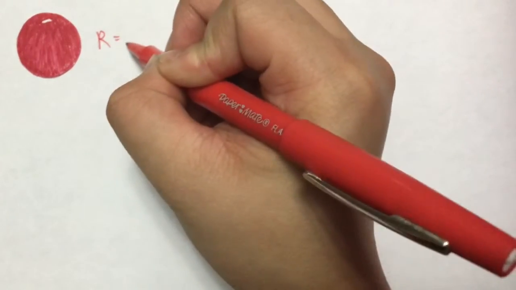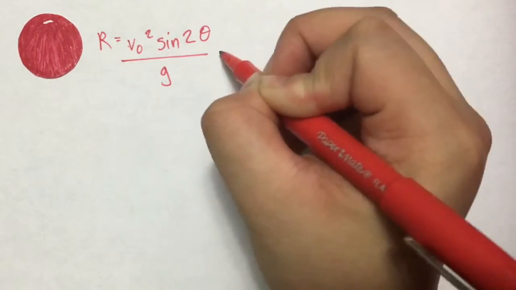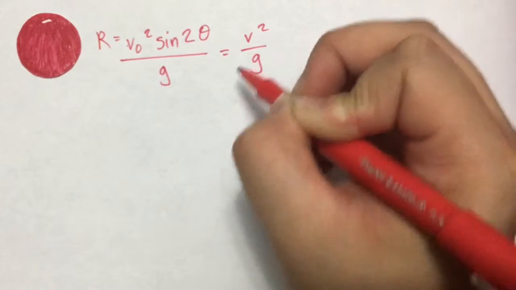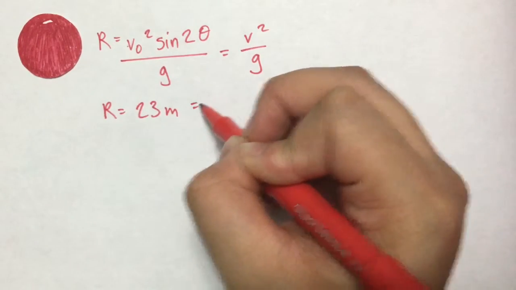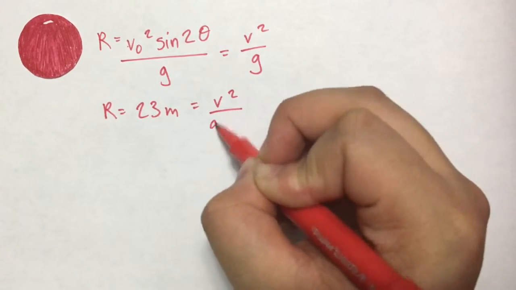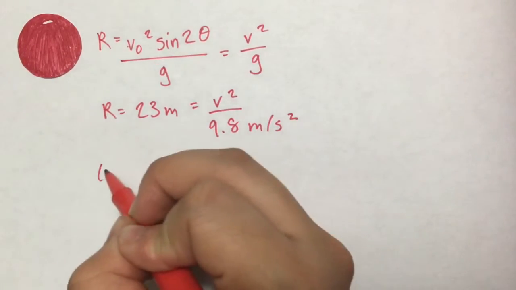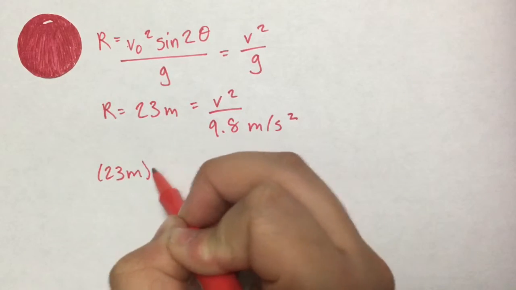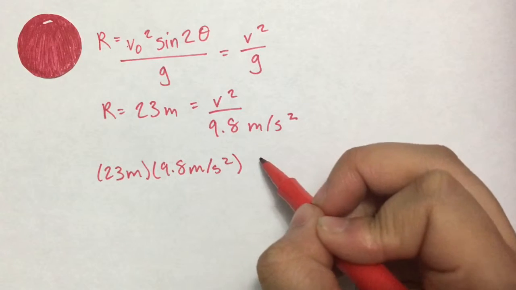Now we're going to solve for kinetic energy for the shot. And we're going to use the range equation. I'm not going to say it again. I've done so many retakes and I practically know it by heart. Velocity squared over gravity is it simplified. So the shot went over a distance of 23 meters. We plug that in for our range equation. Cross multiply 23 meters times 9.8 meters per second squared, and we get